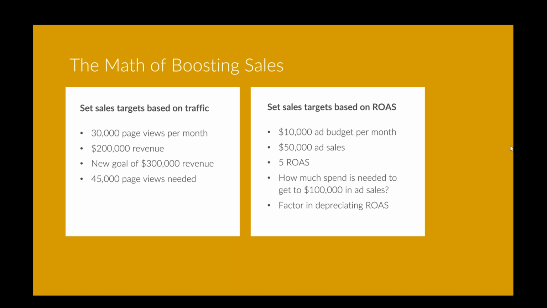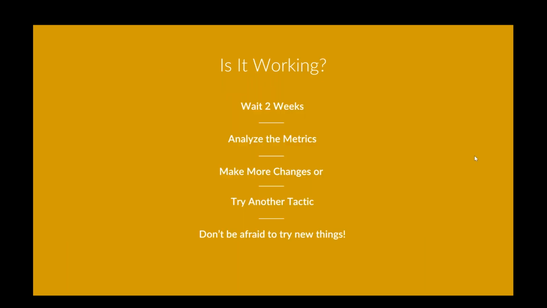So there's lots of ways to do it, and hopefully talking through some of these today gave you some ideas and conversation starters. But the next thing to look through would pretty much be, is it working? Is what you're doing getting you where you need to go? And so this is where it's not always going to be an even A/B test, just given the Amazon landscape changes, stock changes, etc. But in general, I'd say make a small change, wait 2 weeks, analyze those metrics, and then see from there.